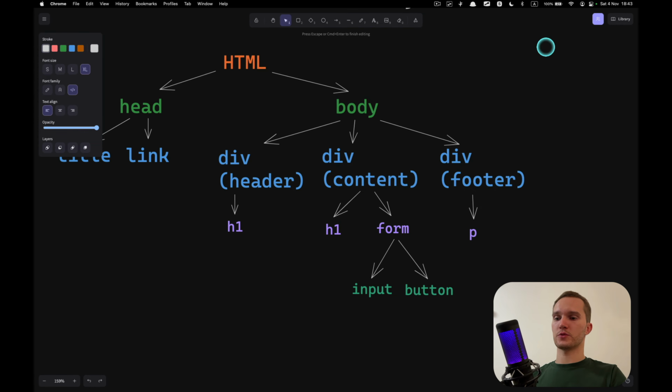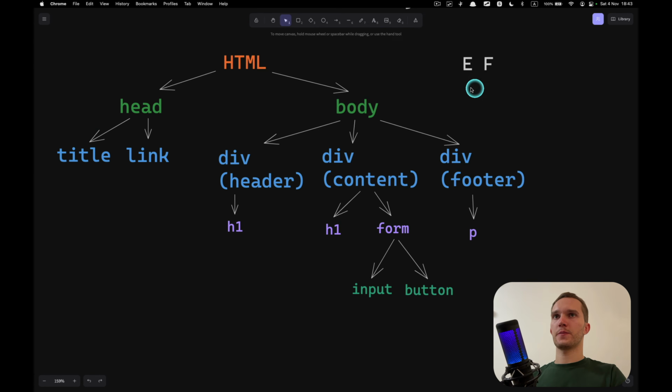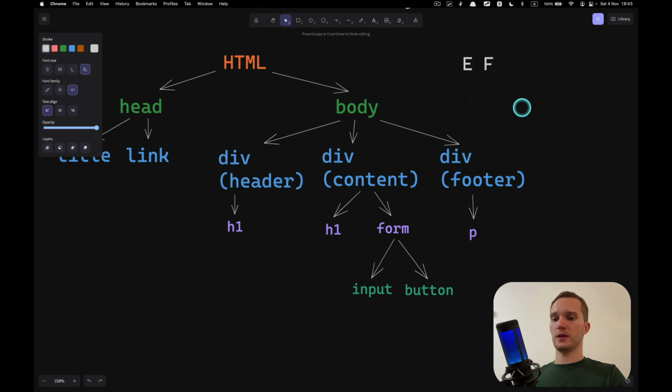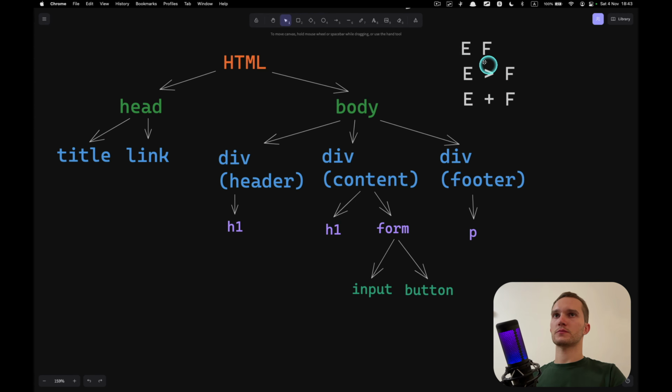I would say three types of relations. First one E F, then second one E > F, like this, and yeah, I'm gonna explain everything. E + F. Okay, so what does it mean?